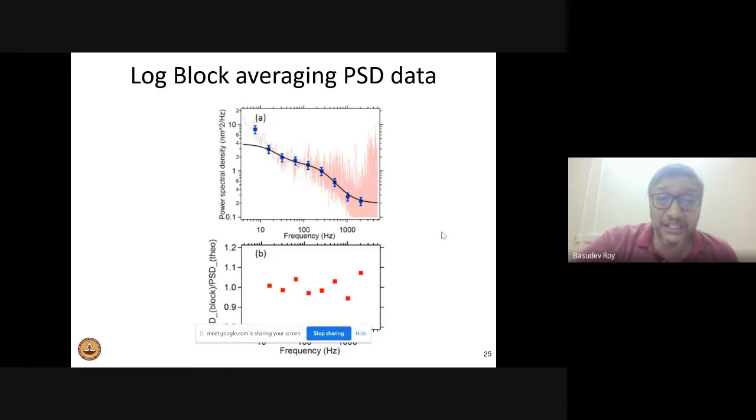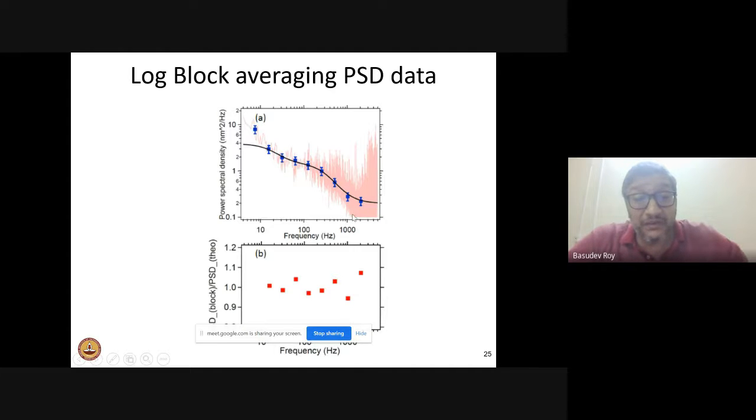Log block averaging gives it, so I showed that beyond around 10 hertz, it fits pretty well to the thermal fluctuations. Under 10 hertz is also an open question even now, because this is an active region. These are active fluctuations happening here. So we still do not know, we don't have a model for it. We are working on it at the moment. Nonetheless, at these high frequencies, we have got thermal fluctuations, and we fit to this old